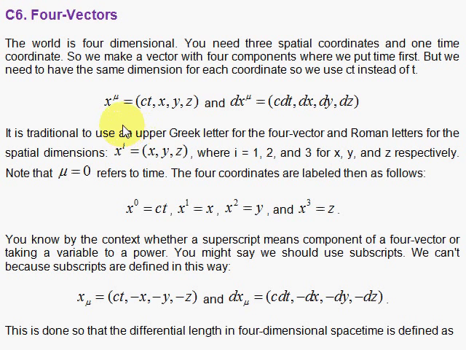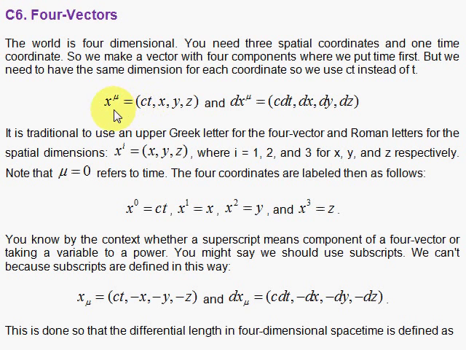Four vectors can be considered a generalization of three vectors. We live in a four-dimensional universe. We have x, y, and z, the three vector, and time has been added. Now we can't add t by itself because it wouldn't make sense dimensionally. So we make t a distance by multiplying it by the speed of light. So speed of light times t gives us a distance, and then it's on an equal footing. Time has been placed on an equal footing with x, y, and z, thanks to that marvelous invariant quantity, the